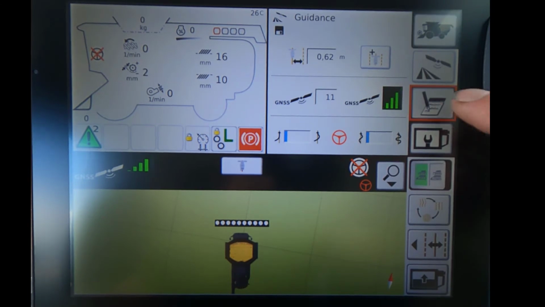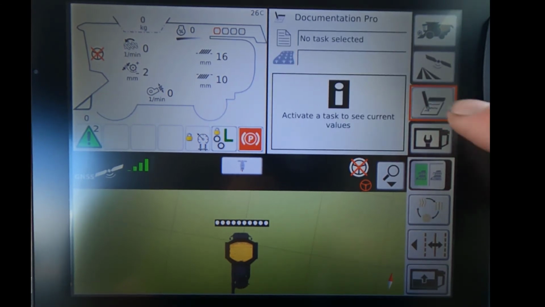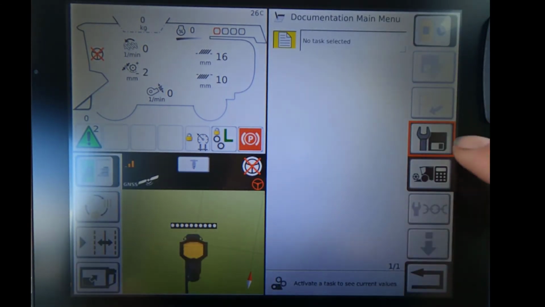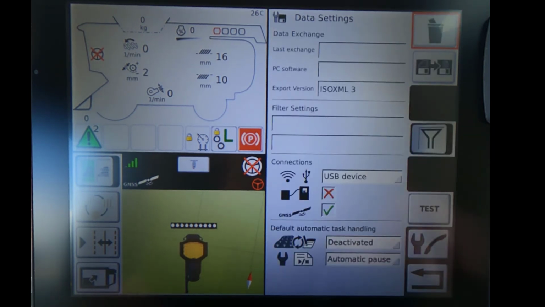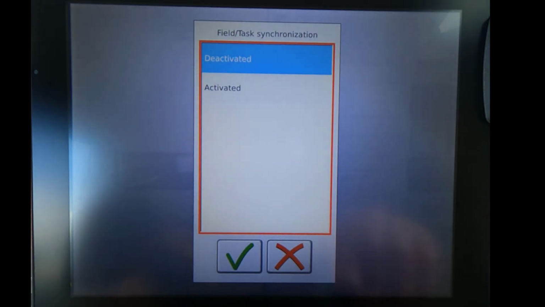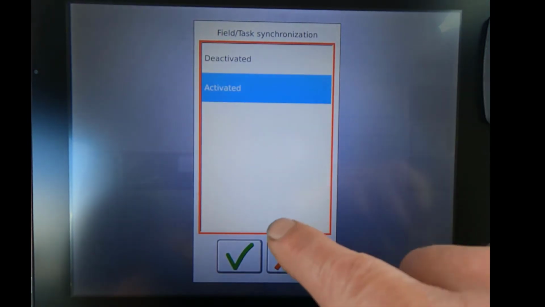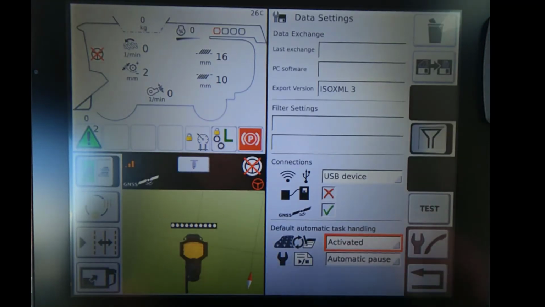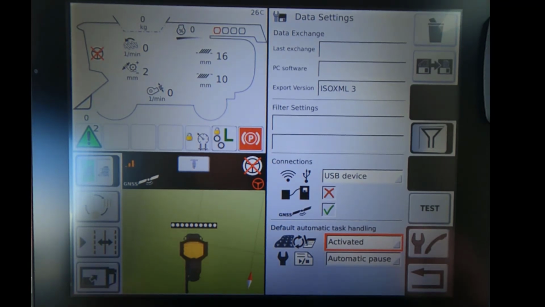In the notepad, which is our task menu, we'll find the spanner button. If we press the spanner, here there's a few settings we can set. At the bottom we've got automatic task handling. So this is currently deactivated. I'm going to activate it now. And what will happen now is when we cross a field boundary, the Combine will prompt us